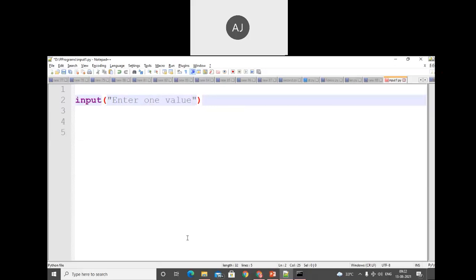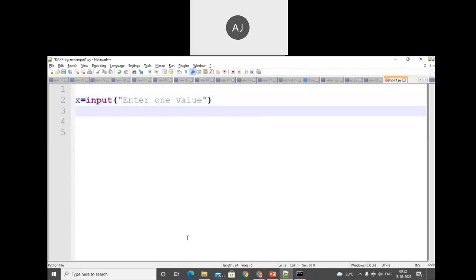That information will be shown in the command prompt, but we need to store that value, so we use x or any variable. Simple syntax: the variable name equals input, round bracket, value. After that we'll print that value.